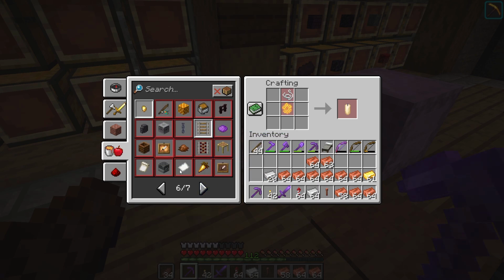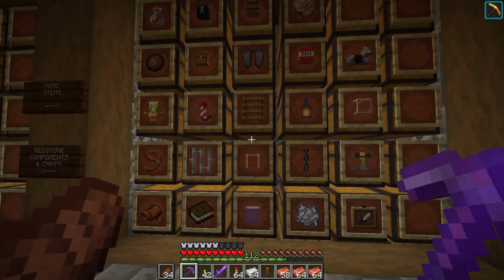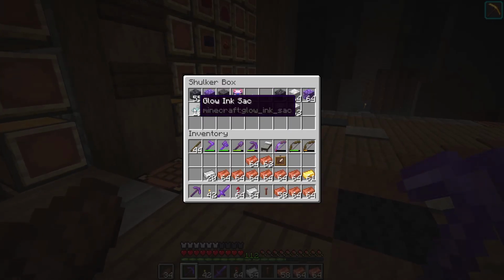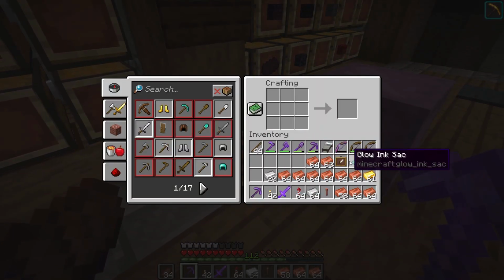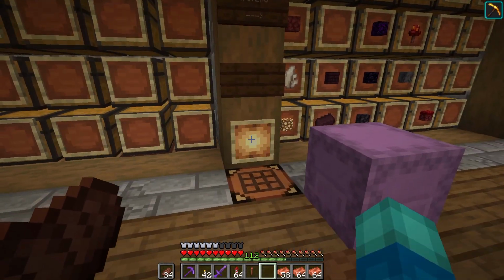Copper ingot. Glow item frame. Oh, yes. Let's see about maybe crafting one of those. Do I have any item frames? I do. Nice. Okay, so if we combine this item frame with a glow ink sac, we should get the glow item frame. And then I guess we can actually test this out with the lightning rod. So,